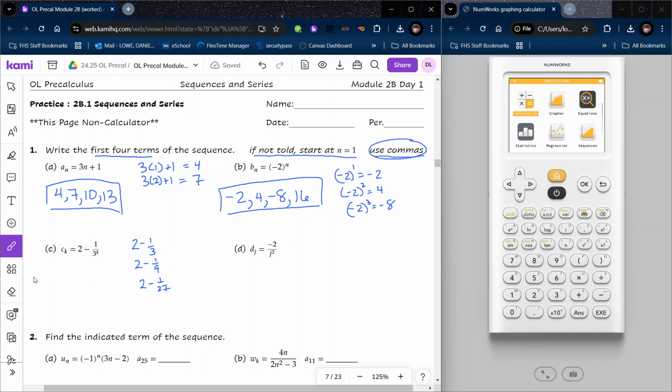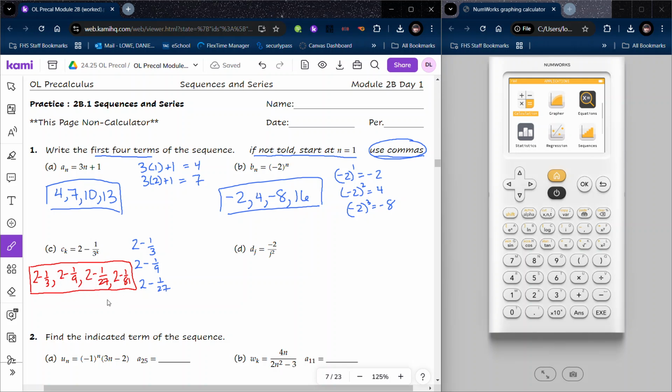So one way to express the answer would be to say 2 minus 1/3, comma, 2 minus 1/9, comma, 2 minus 1/27, comma. And what would be my last term? My last term would be 2 minus 1 over 81. So certainly I could list my four terms like that, but if I prefer to